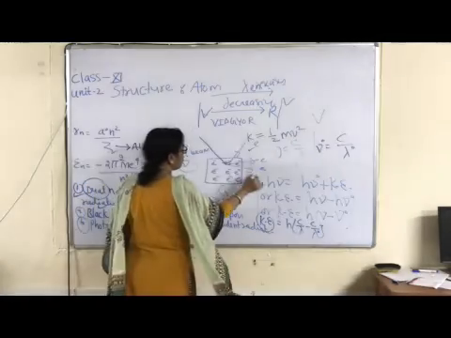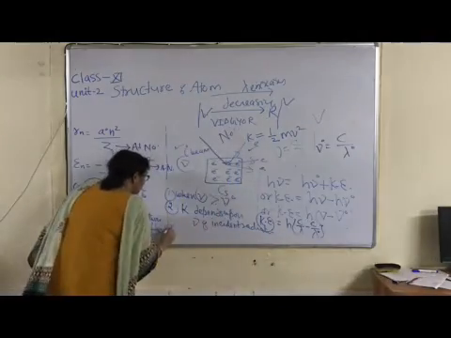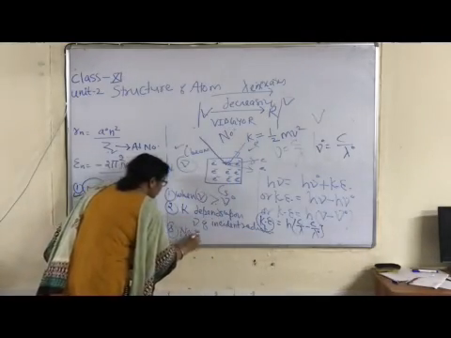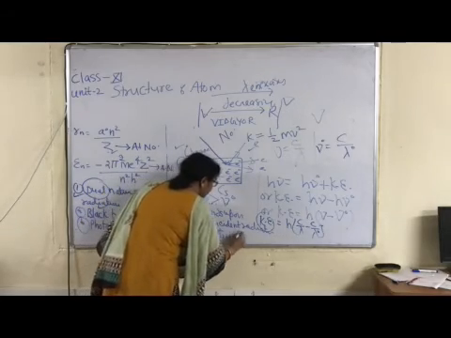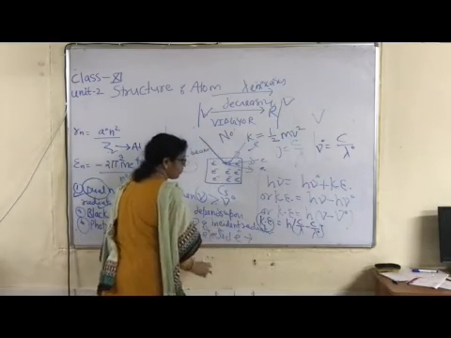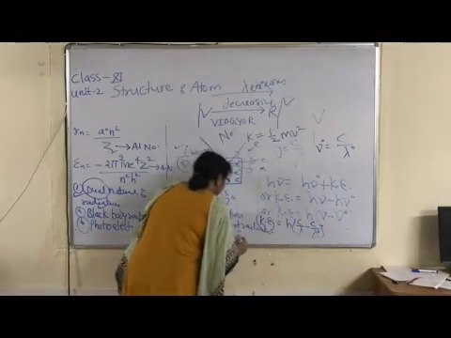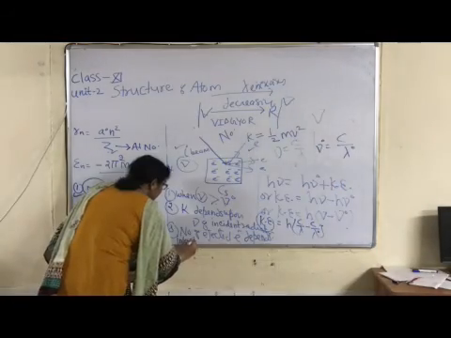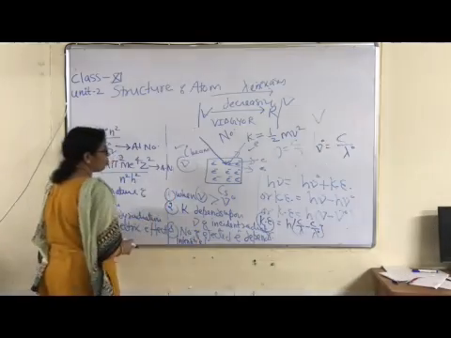Next one, the number of ejected electrons depends upon the intensity of I. It means intensity of incident